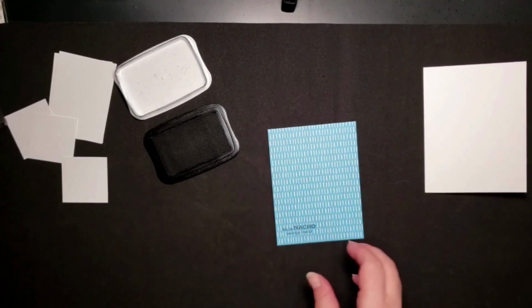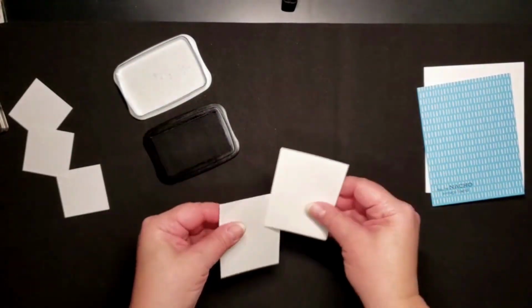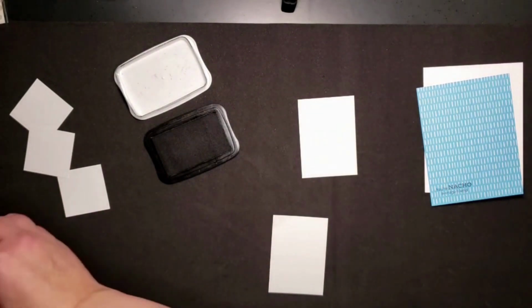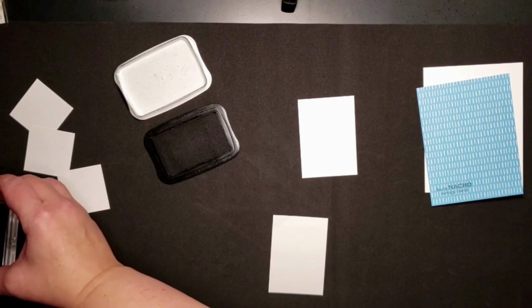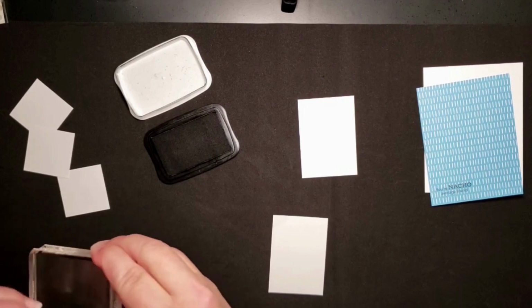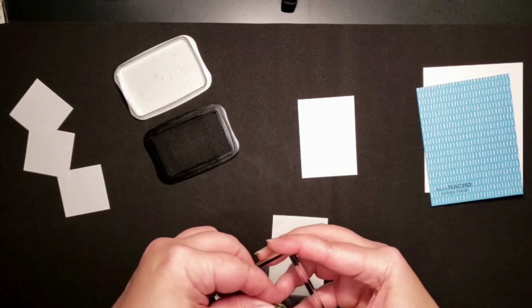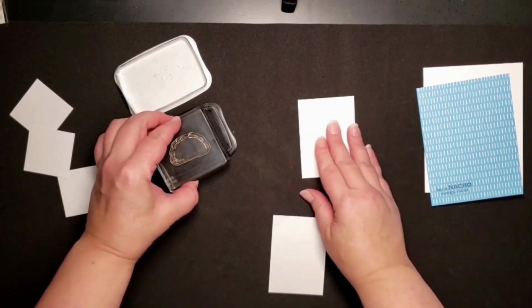Okay. And then let's do our other stamping. So on these pieces, I got a few things that, let me clean this really quick. I need to invest in more blocks. So I'm going to need this one. Okay, so I'm going to start stamping all the images. So one of them